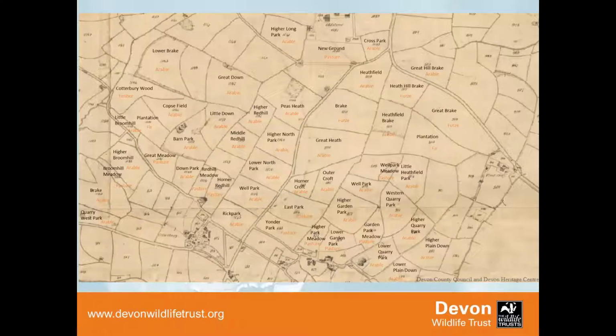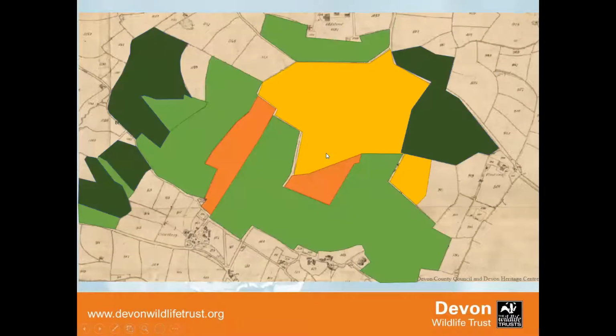And when you look at this, I've taken in black the field names, and in orange the land use at the time. This was an attempt by government to understand all the different tithes that were paid to churches and local lords and gentry around the country as tax laws were changing. So if I look at that now, this is looking at the field names, and the reason I highlight the field names is because field names are quite often associated with earlier land use.